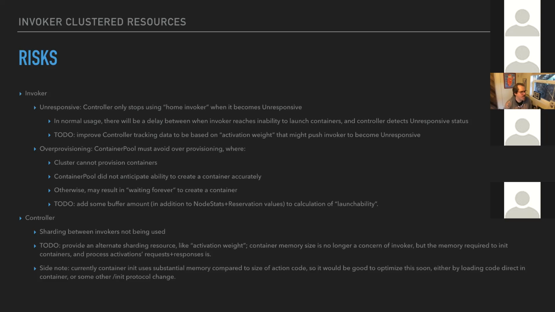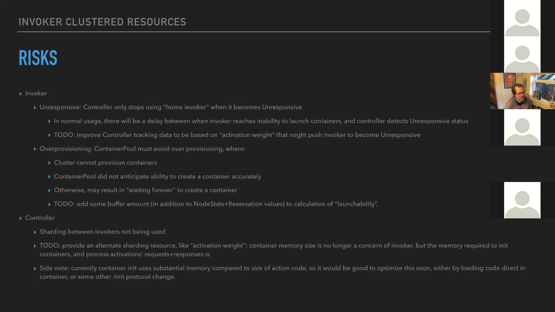So one other note on over provisioning is to add some buffer amount so that we allow for container pool to think it's becoming over provisioned, but still have some buffer in the actual cluster managed view of resources, so that we don't have to consider that the container pool has a high level of accuracy with the cluster, but it should have up to a certain buffer amount, some level of accuracy.